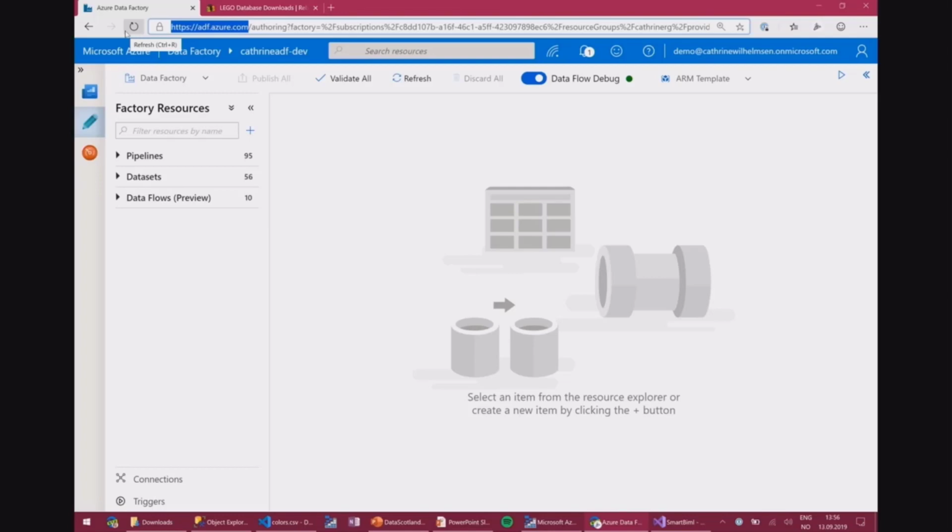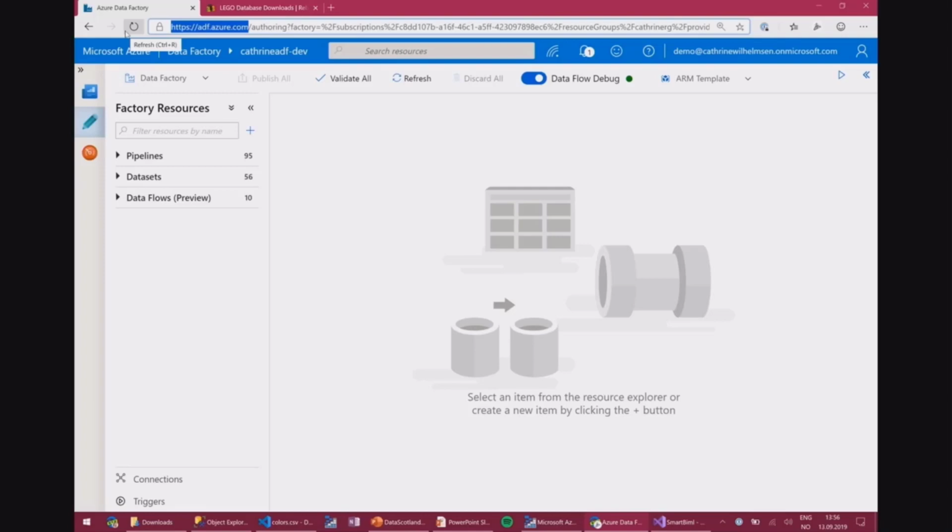Now, behind the scenes inside of Azure Data Factory, everything is just JSON code. So if you know how to write JSON or edit that in some way, you can work directly on the JSON objects and write that if you want to. That is the approach that you would take if you want to script and automate the development of Azure Data Factory. But if you do like the UI, you do need an internet connection for that. So this is kind of the main canvas that you get to when you open up Azure Data Factory.